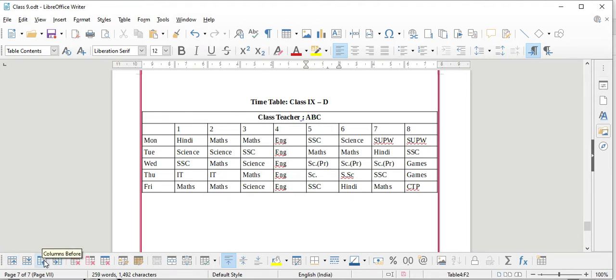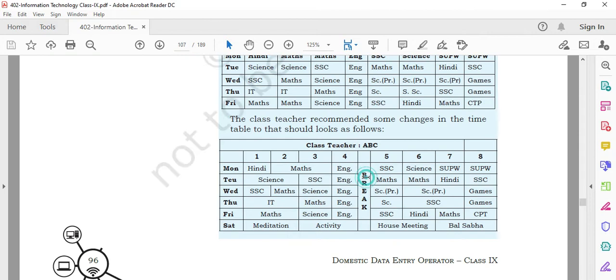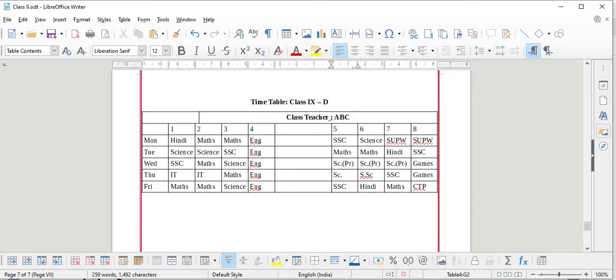I'll click on this, so one column has been inserted. In this we have to write the break, which should be in merged form. So I'll select this, click on merge, and write here break.